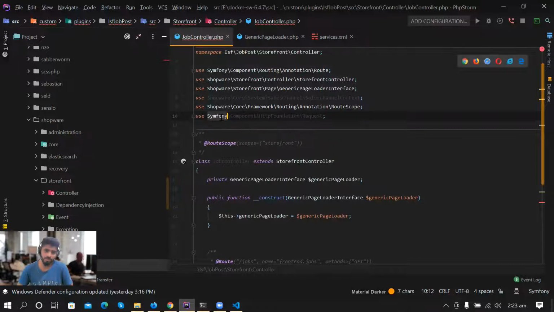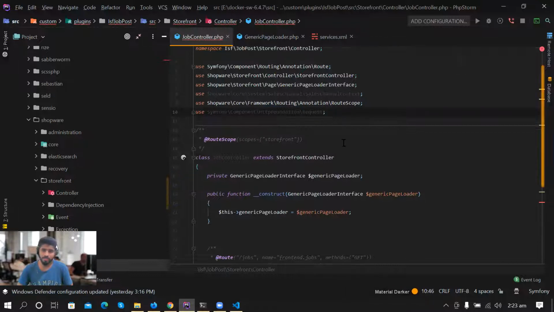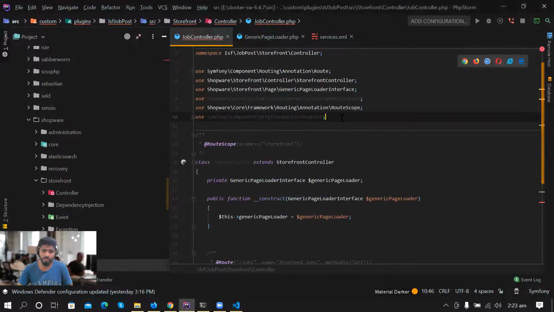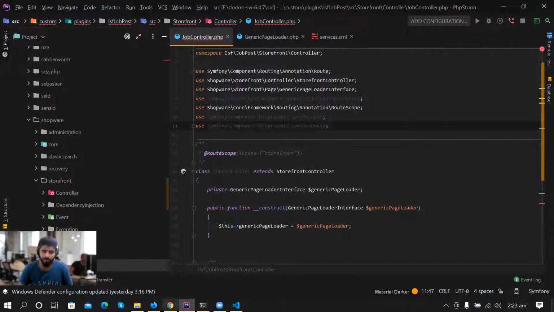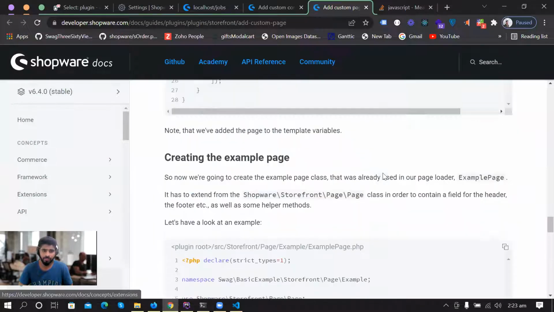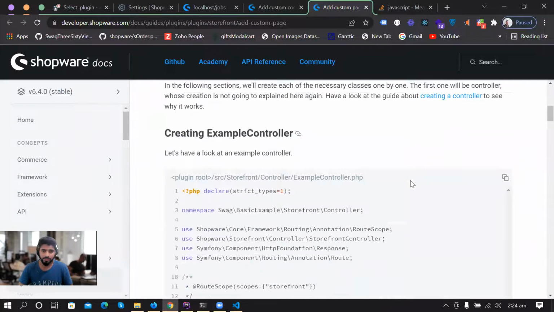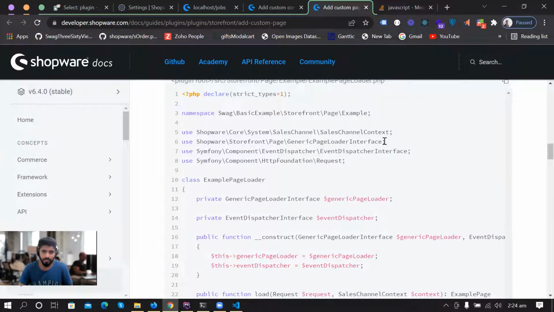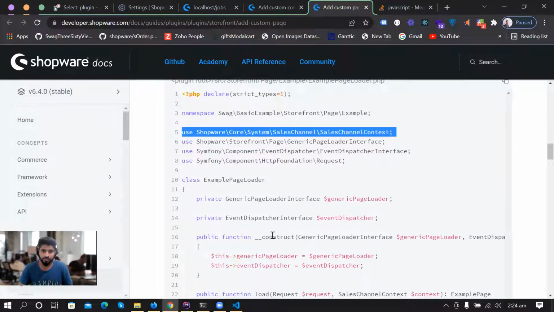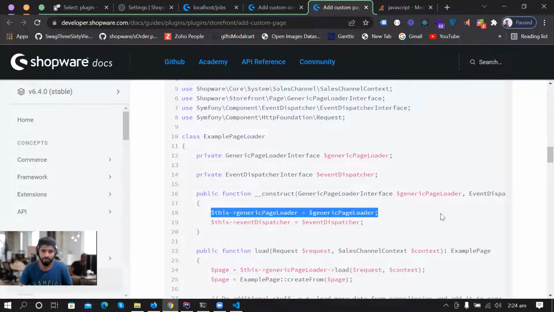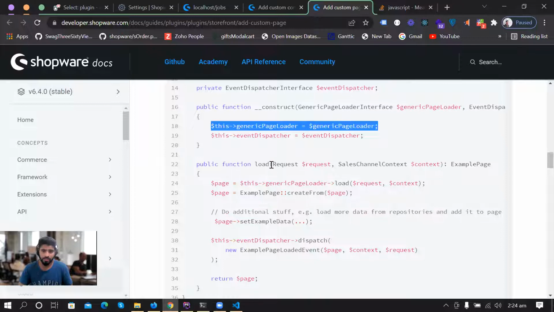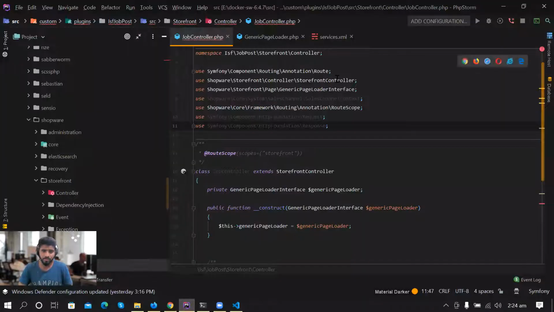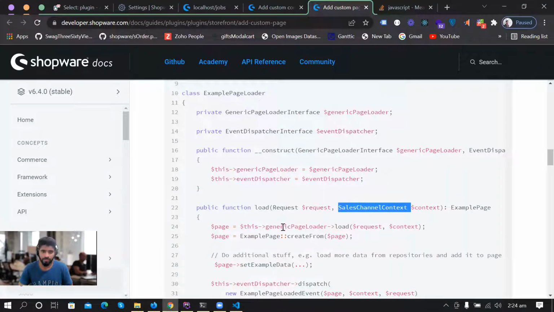If you notice, this is a Symfony component HttpFoundation request, and there is also another thing called response that we used earlier. Not used earlier, we just removed it in an earlier video because we are no longer using it. If you want to find this, you can easily find it at custom page section. You can see that there is our response, and if you scroll down a little bit, you can find the generic page loader interface. You can find the sales channel context that we have been using, and this is the same thing that we are doing right now. If you want more detail, you can see that they are passing the request. So there is our request, and there is a sales channel context, and we are already using sales channel context here. So let me go and copy this here,